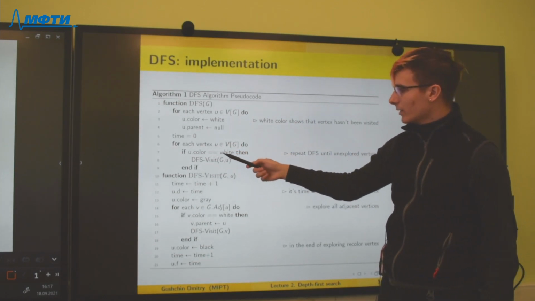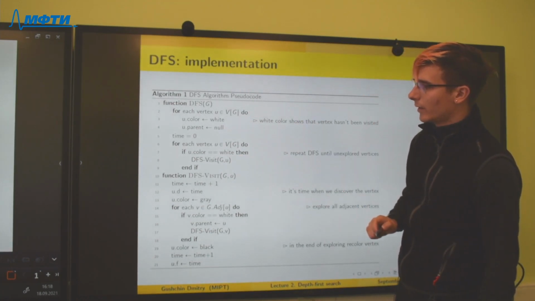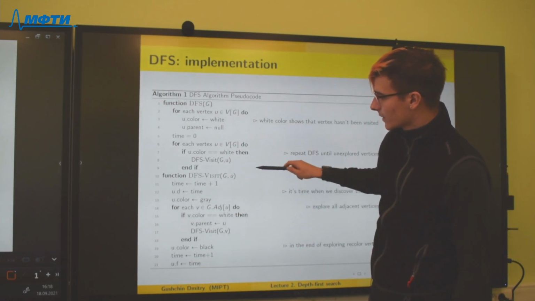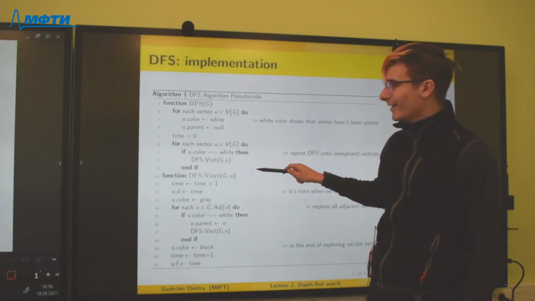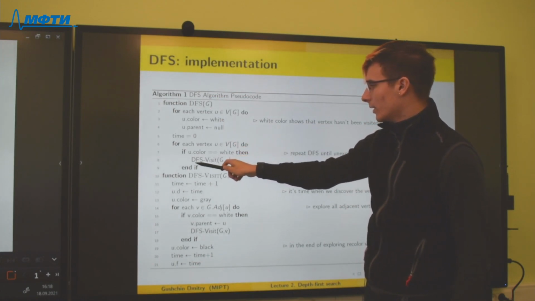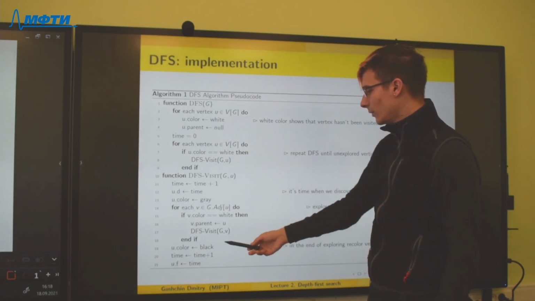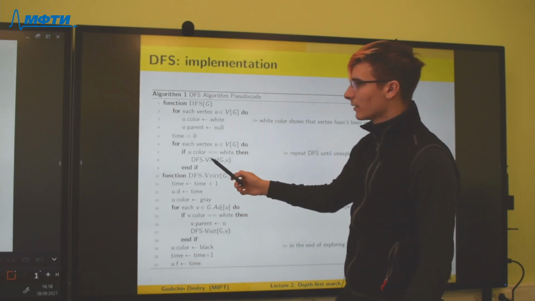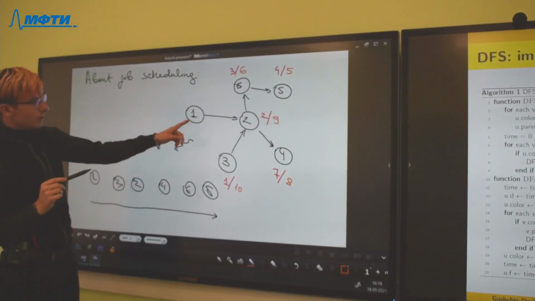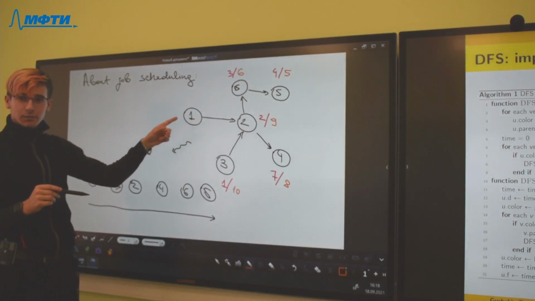And the tree that we have on the left board is equal to the result of the DFS visit function. And then function DFS tries to understand whether each vertex has black color or not, and it finds that one has white color and starts DFS visit from this vertex too.